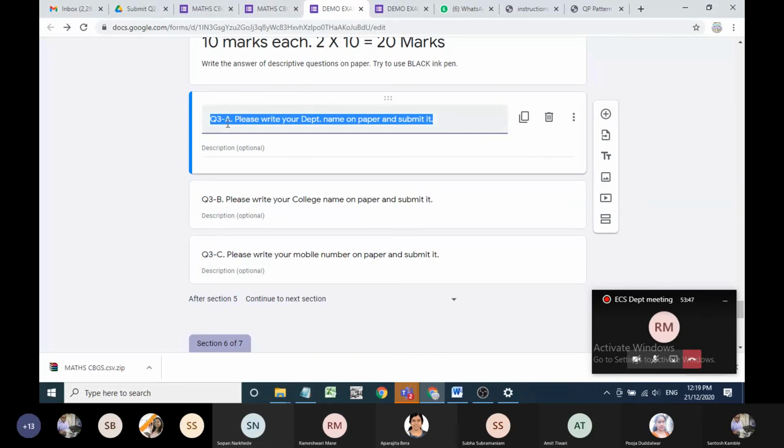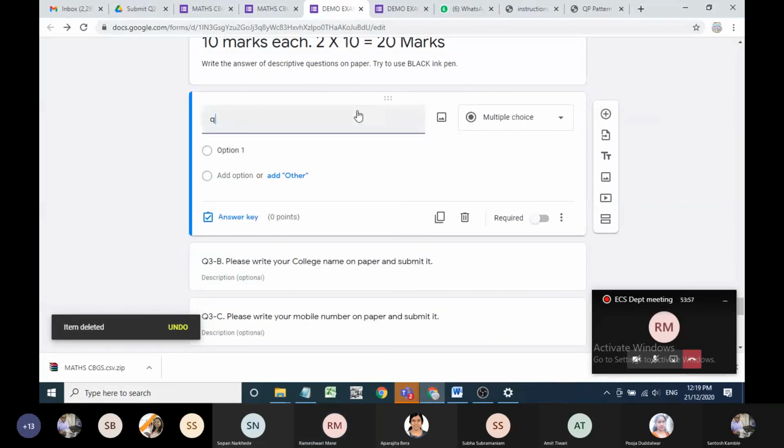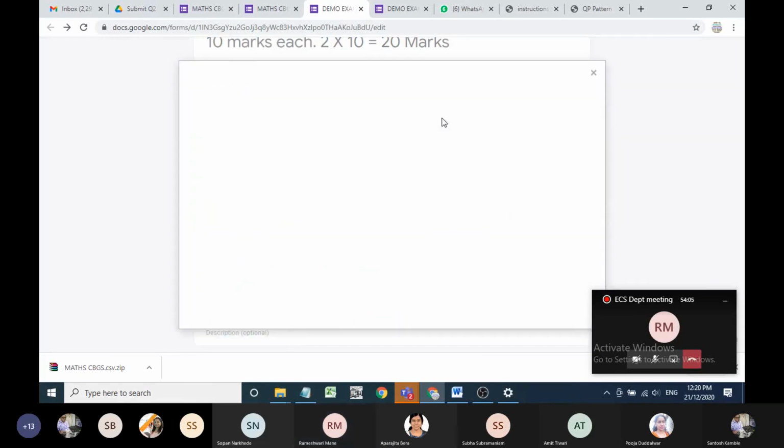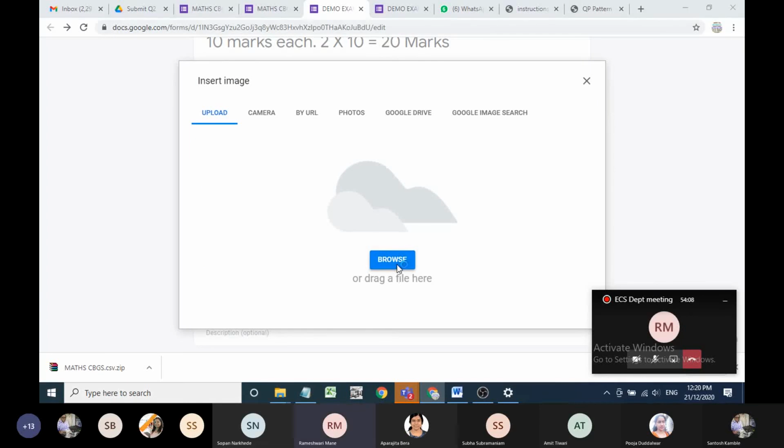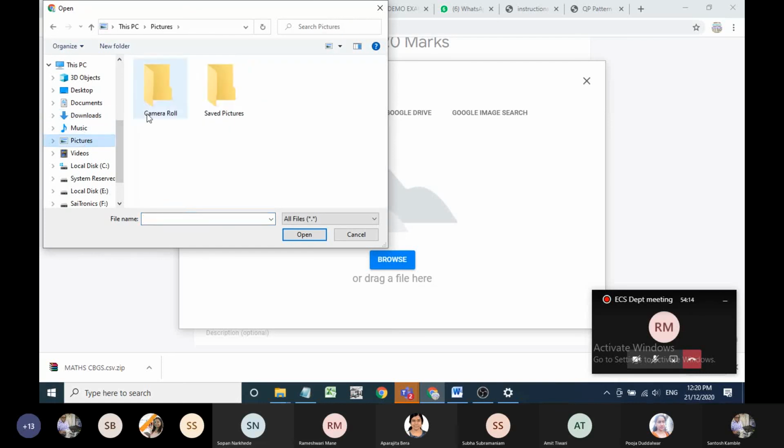For example, question number 3 has an image, so you cannot use this text. I will delete this and add question 3A. Solve this question. And here I can add an image. So if there is an image, you have to add a question. If there is no image, you can take text.